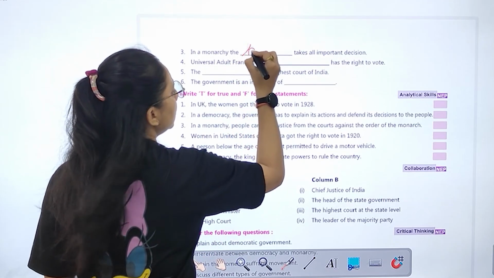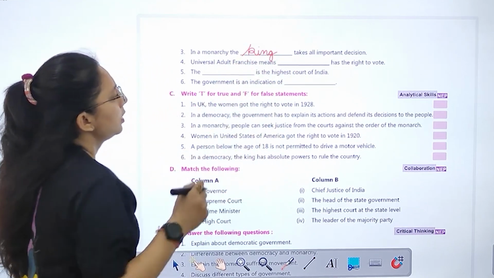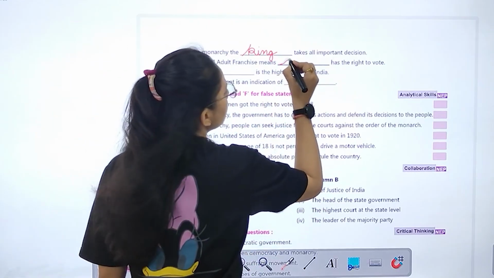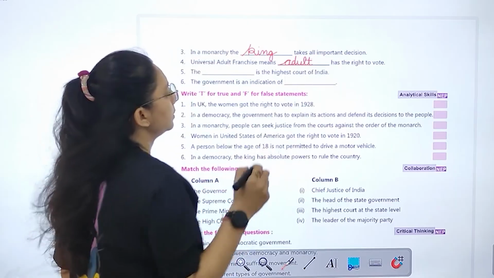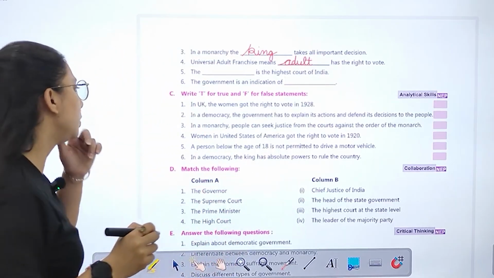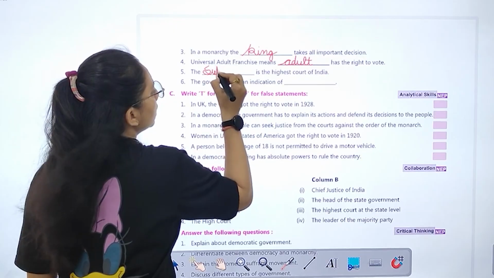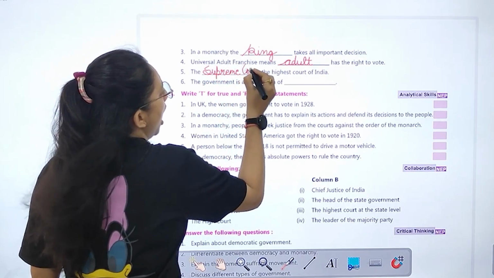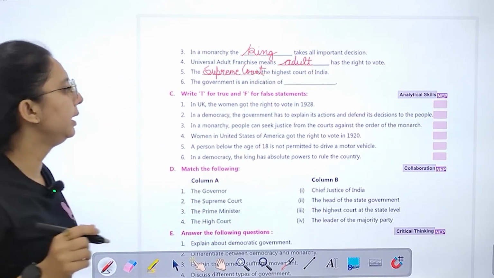Who takes them? The king does. Universal adult franchise means every adult has the right to vote. Dash is the highest court of India. That is your Supreme Court. The government is an indication of